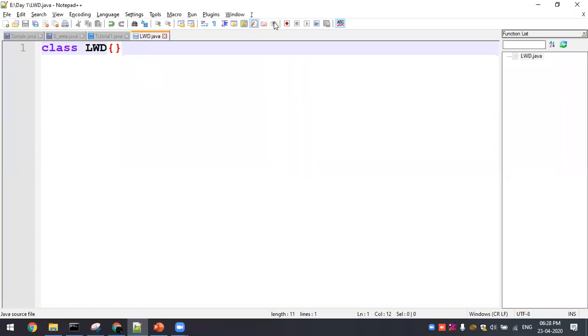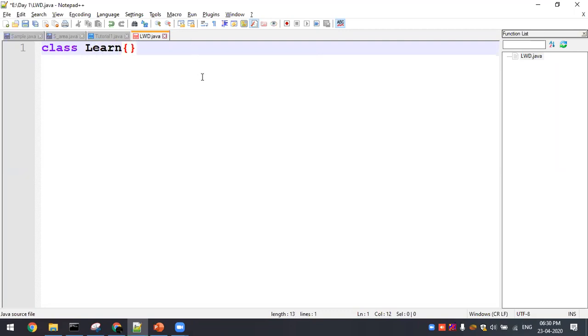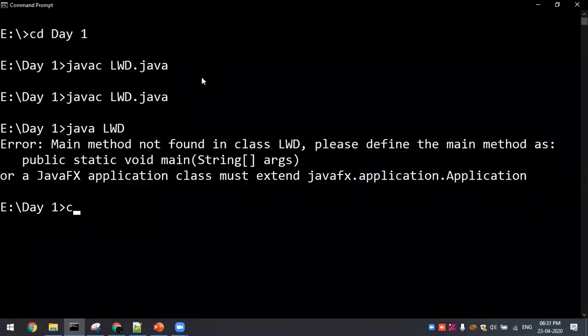One minute, it's giving a warning. Okay, I asked the question whether the class name and the program name both were the same, or if it is different, what will happen? Now the case is the class name lwd and the program name were the same. So we compiled the code, and that time you didn't get any error. Suppose I just change the class name to learn. This time, are you expecting any error? No. Let me go ahead with the execution part.